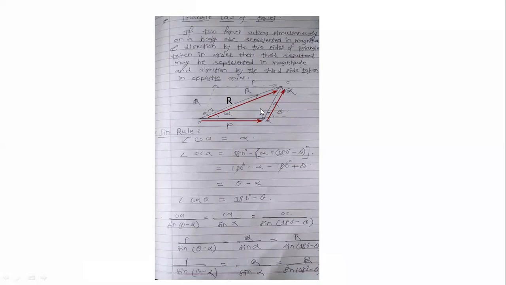Now what is the triangle law in simple language? Two sides in one direction, forward direction, and the third side is in reverse direction. And that third side will be the resultant only. That is nothing but the triangle law in simple language. You remember the three sides, two sides in same direction and the third side in opposite direction, and that opposite side direction will be the resultant of these two forces, that is P and Q.